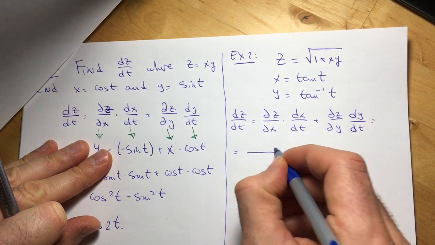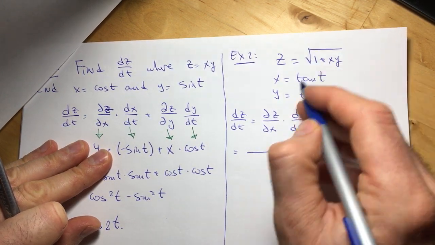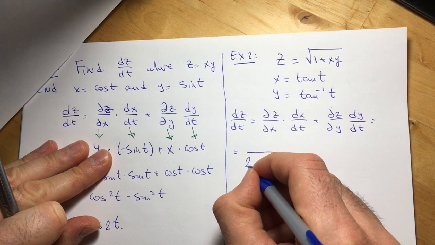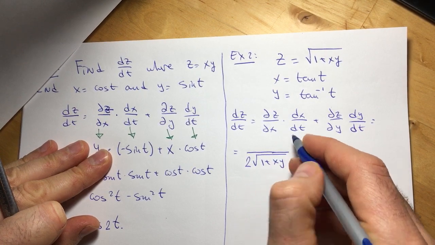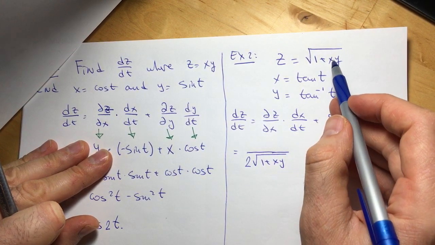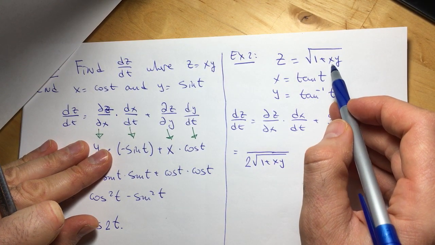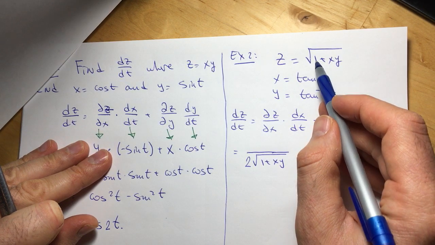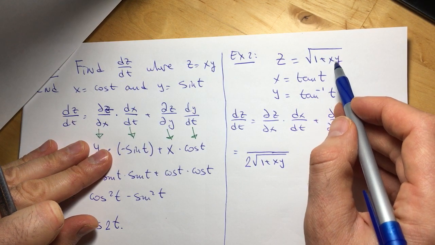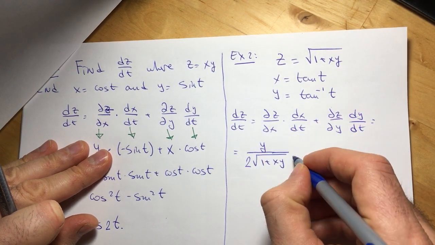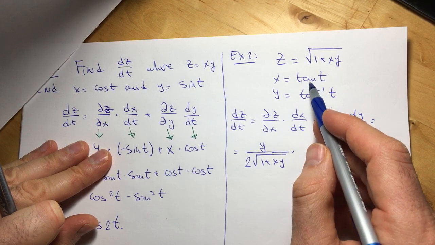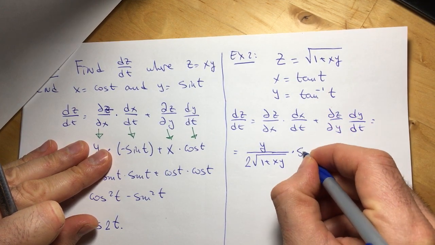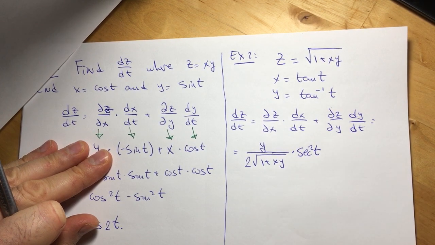Okay, so first I have derivative of square root of u is 1 over 2 times square root of u by the chain rule times u prime. Okay, I differentiate here with respect to x, so I treat everything else as a constant. Derivative of 1 is 0. Derivative of x times y with respect to x is just y, times dx dt is the derivative of tangent t, and that's secant squared t,